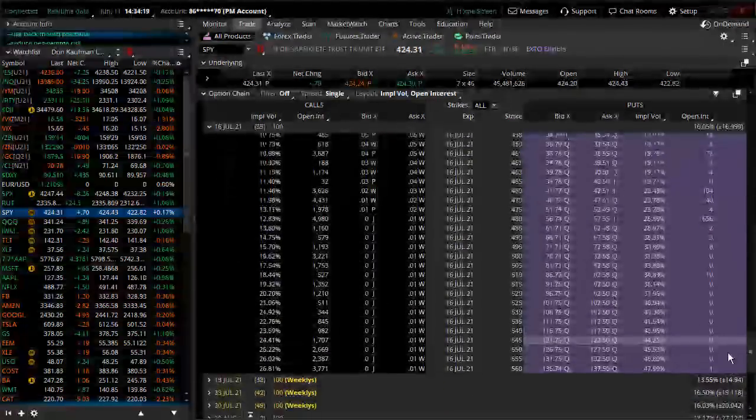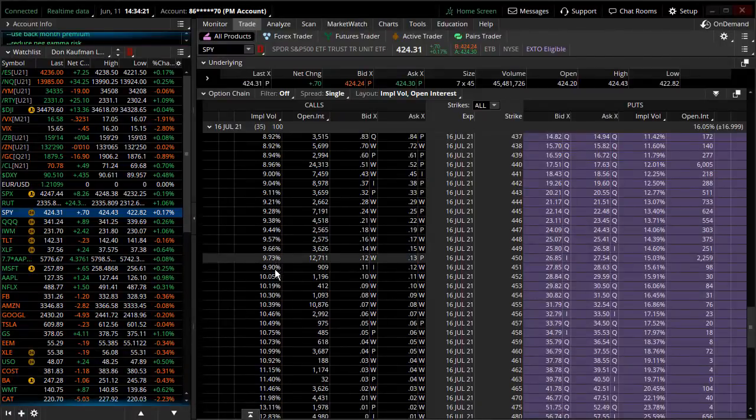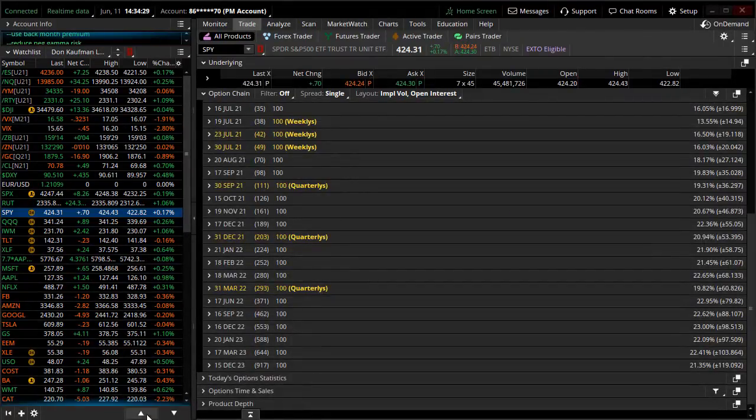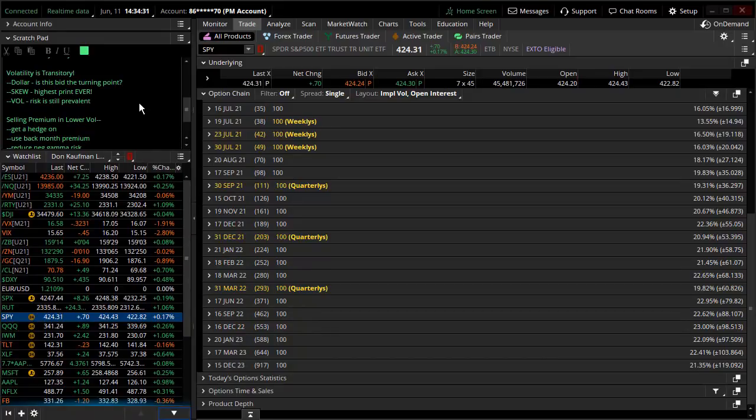You look at the way out-of-the-money calls, they're still having a bid in here. They're all the way down to like 9 or 10%. The differentiation between out-of-the-money calls and out-of-the-money puts has never been higher, which also alludes to the fact that it is an incredibly viable time to sell premium, especially some put premium. But you can't just go out there and sell naked, because sooner or later that volatility is going to pick up.